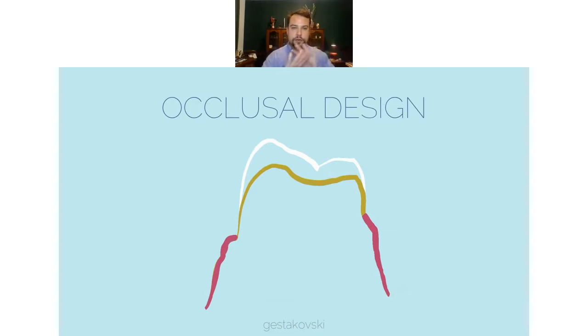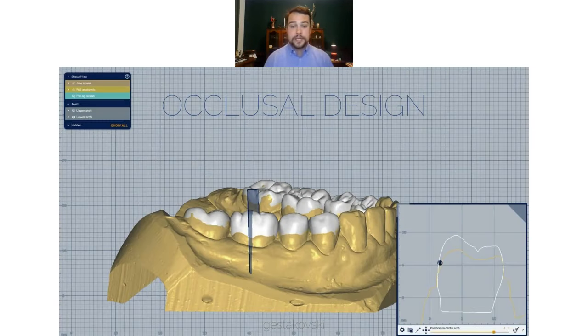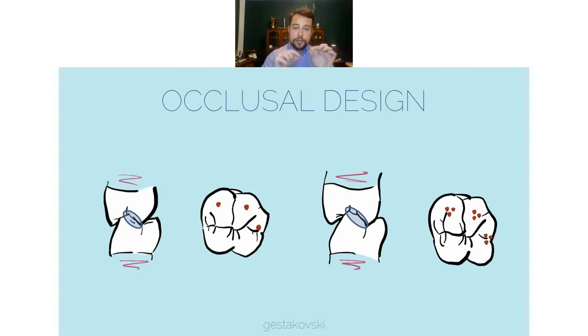Okay, here you have the cross section through the wax up, actually not wax up, but the design, which was later on printed, checked in the mock-up stage. Regarding the contact points and the plan design, have in mind, we're always trying to establish those big contacts, but here now we don't have enough time to elaborate in details about the planning of the bite. We always need to have stable occlusion bilaterally on both sides with slightly secluded anteriors, which purpose is to guide